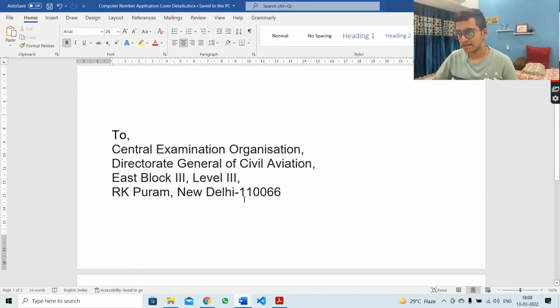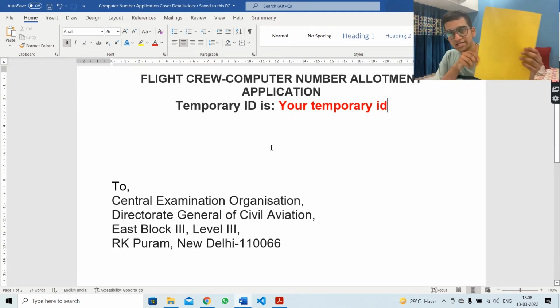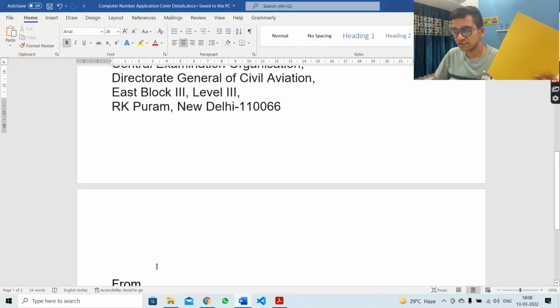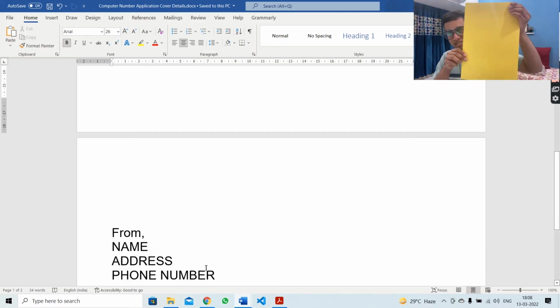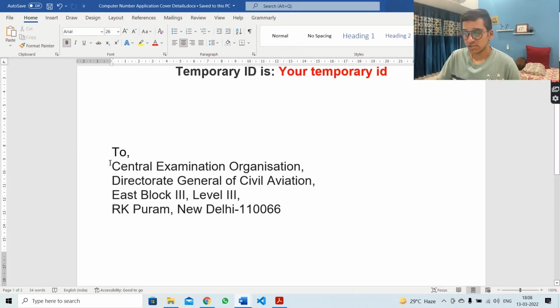document as well, and stick it on the front side of the envelope in portrait mode, so you'll be able to manage your to address as well as from address on the same front side. And then stick this using glue so that your documents are secured. Send it to this